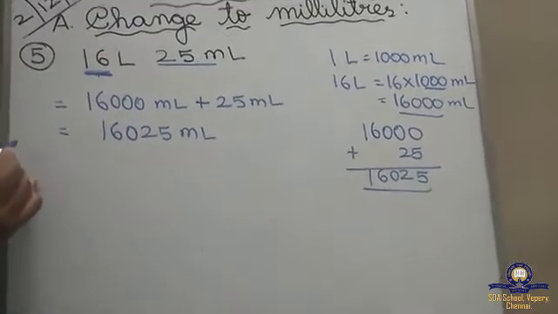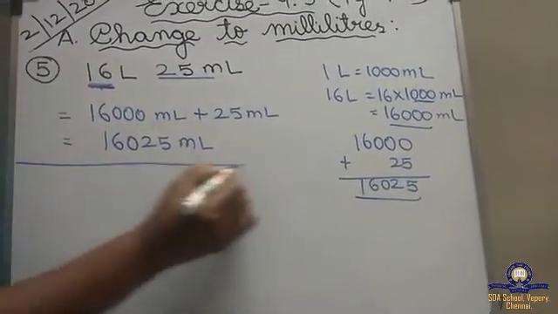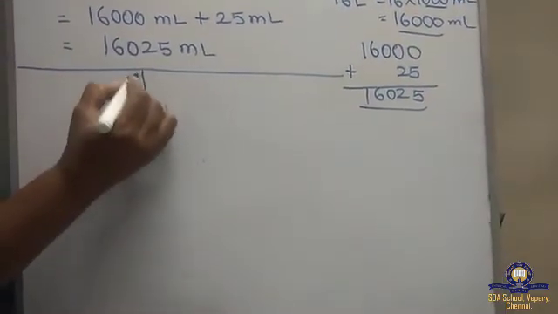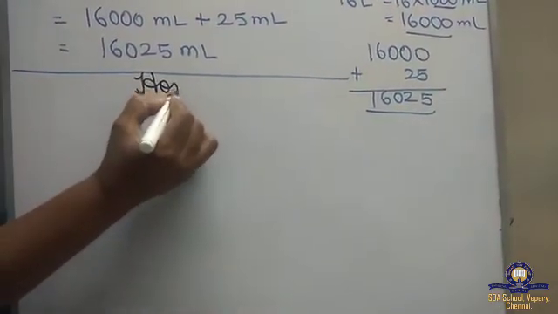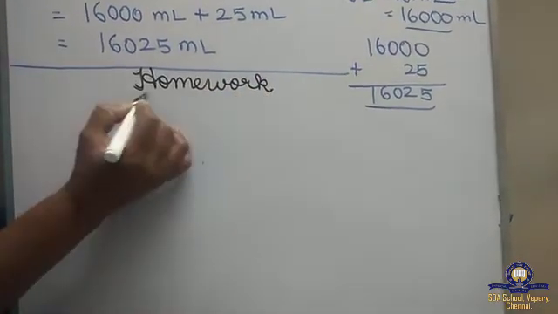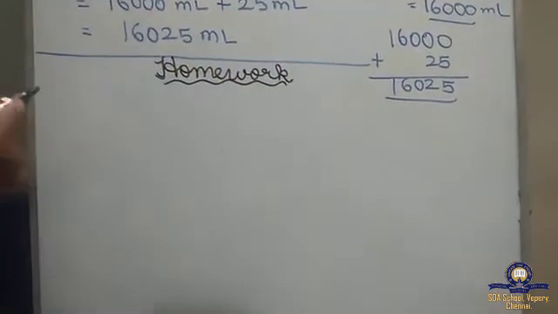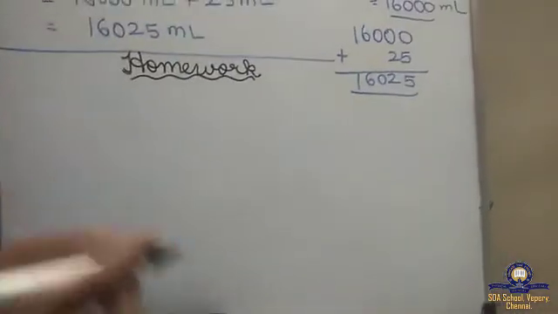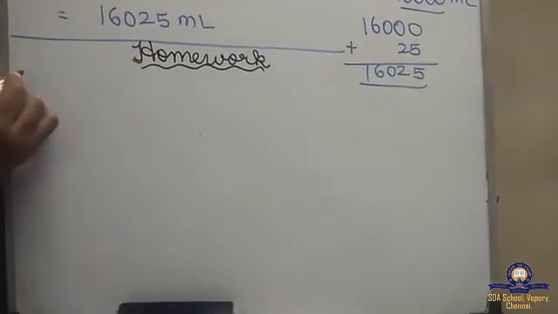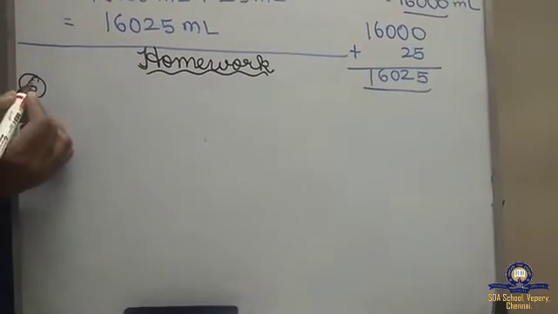Okay, children? Okay. Now I'll give 3 sums for homework. See, sometimes I will give the same sum for homework. So don't worry, children. You do that sum as it is. Otherwise you can neglect that one. Because mistakenly I would have given the same sum. Okay. 3 sums I will give for homework.